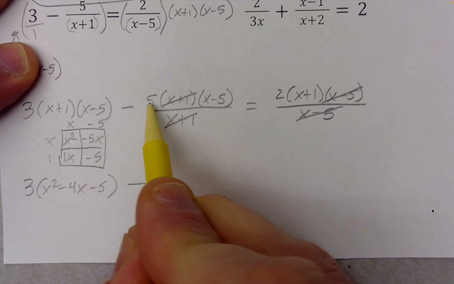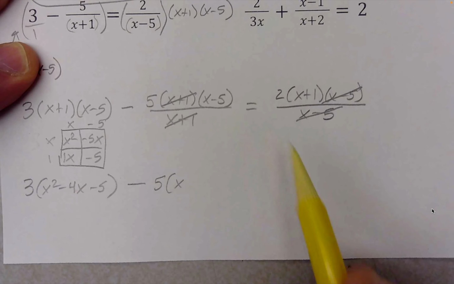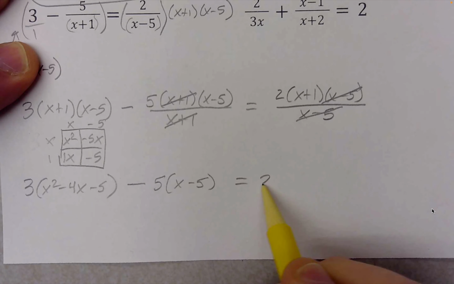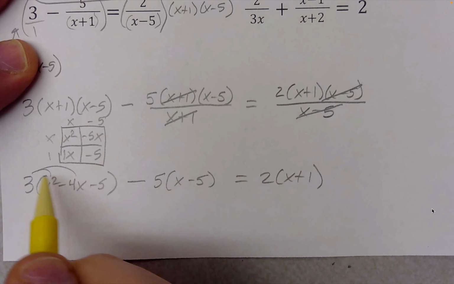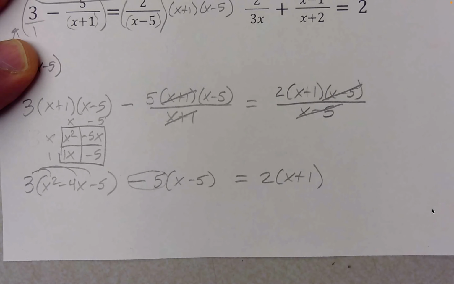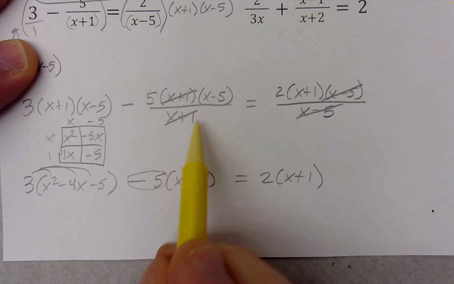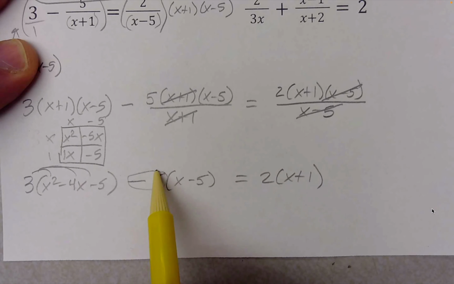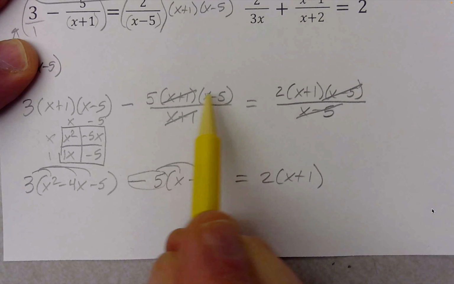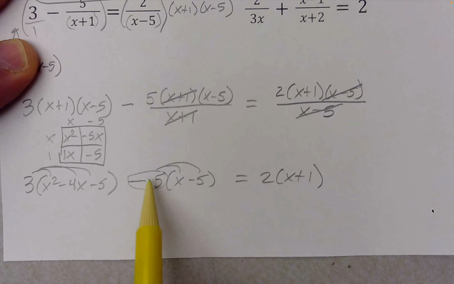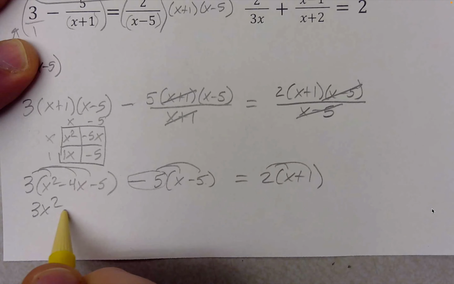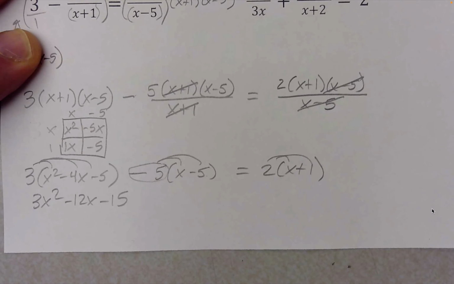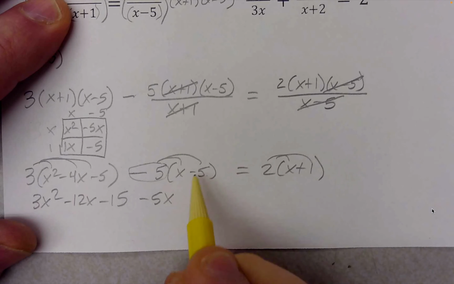And then here, I'll go ahead and write these out. If you feel comfortable, you could distribute there, but I'll go ahead and write out another step. Now I have a bunch of distributing to do. So this distributes to all those. Be careful. You might want to write it out like this first. I would have made a mistake if I had distributed that at that point, because it is really negative 5 times both of these. Okay, so we get 3x squared minus 12x minus 15, and then minus 5x plus 25,